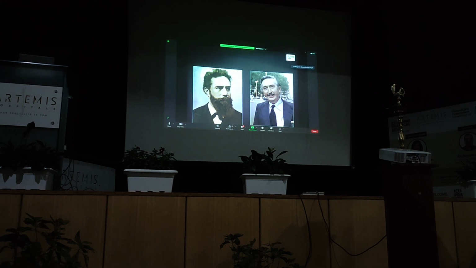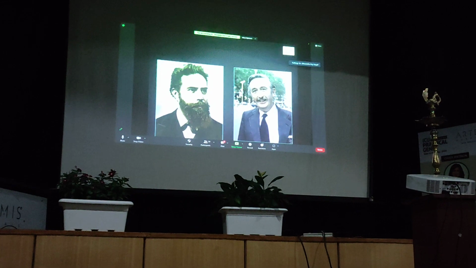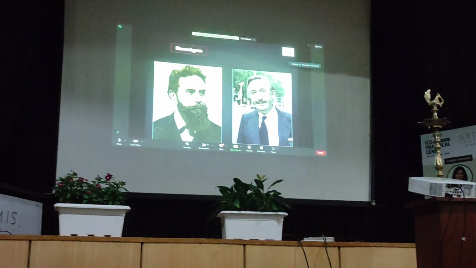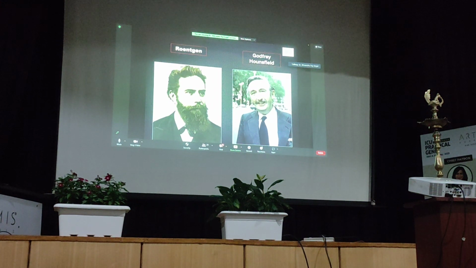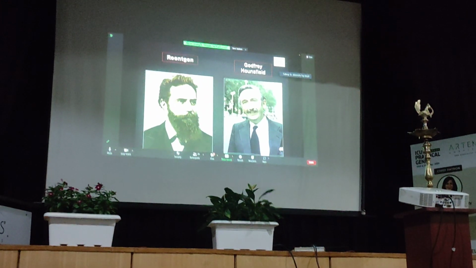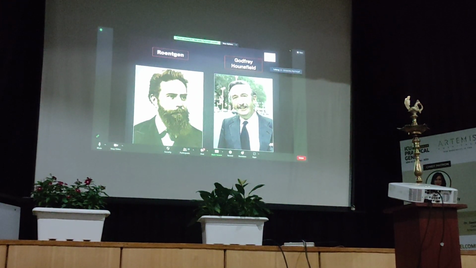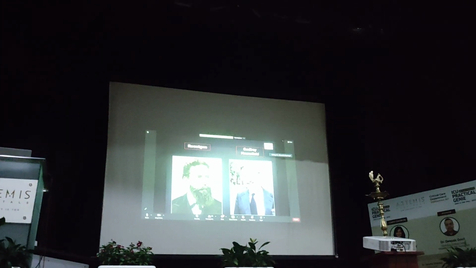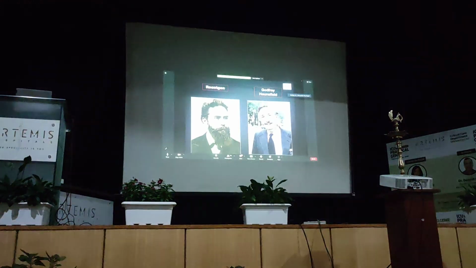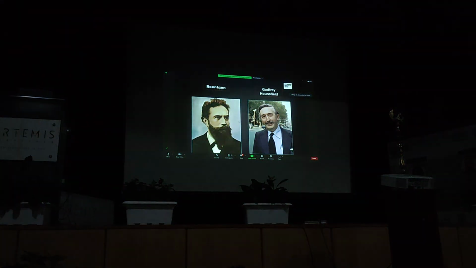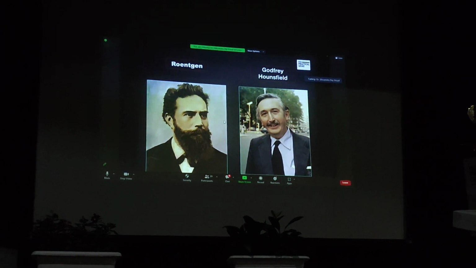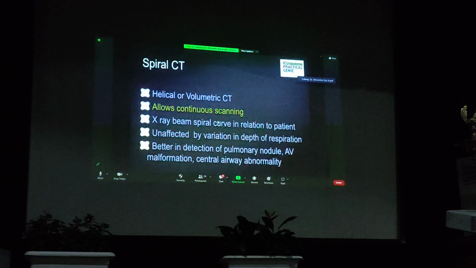We identify things once the brain knows what we are seeing. So if you know who these people are, only then will you identify them. The gentleman on the left hand side of the screen is Röntgen, and the gentleman on the right hand side is Sir Godfrey Hounsfield. One is the father of X-rays and the other the father of modern day CT scans. So these two are the ones because of whom we are actually able to discuss the X-rays in the previous topic and the CT scan in my topic.